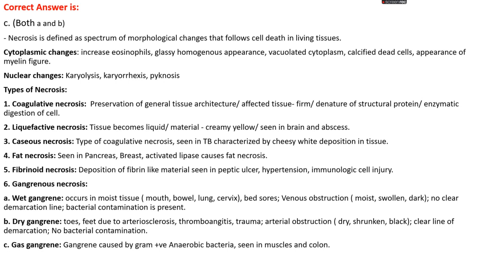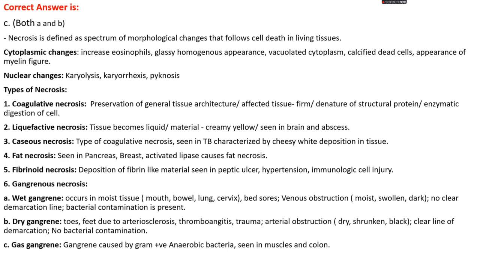And we see that fat necrosis is seen in pancreas and breast. In case of fat necrosis, activated lipase enzymes cause the fat necrosis. In fibrinoid necrosis, there is a deposition of fibrin-like materials, seen in peptic ulcer, hypertension, and immunologic cell injury. And in gangrenous necrosis, there are three types of gangrenous necrosis: wet gangrene, dry gangrene,